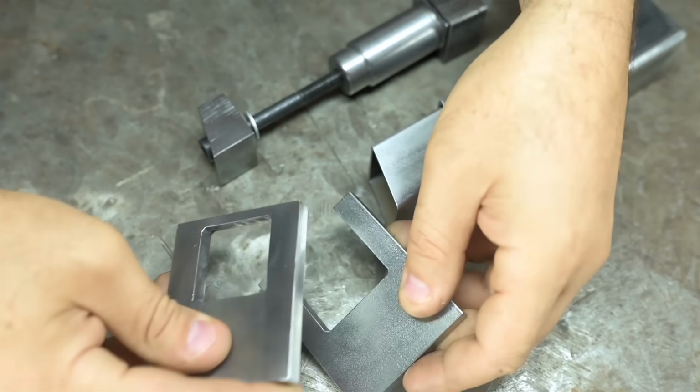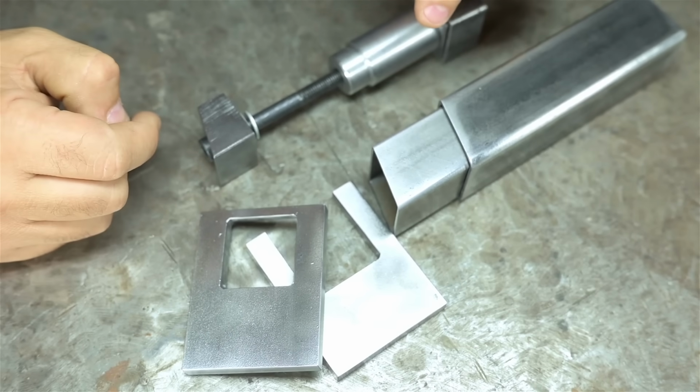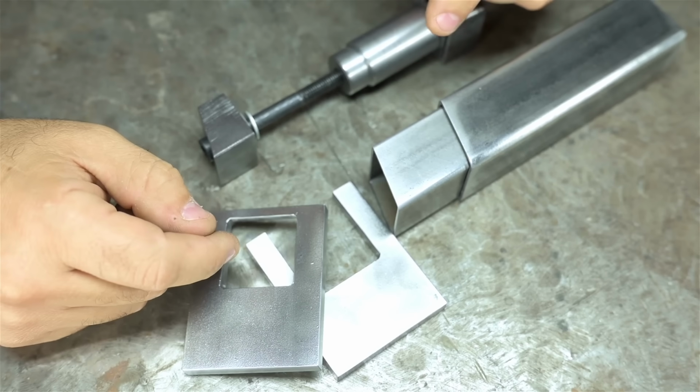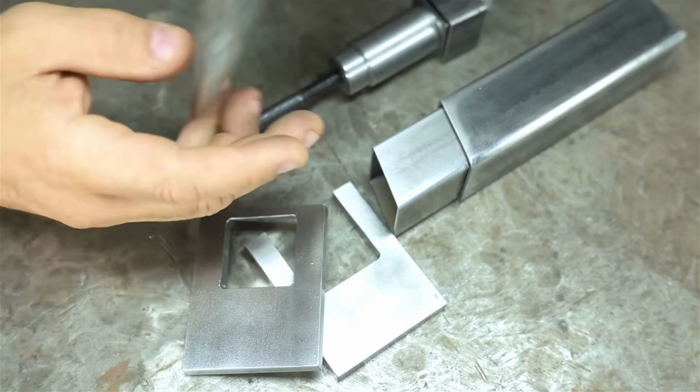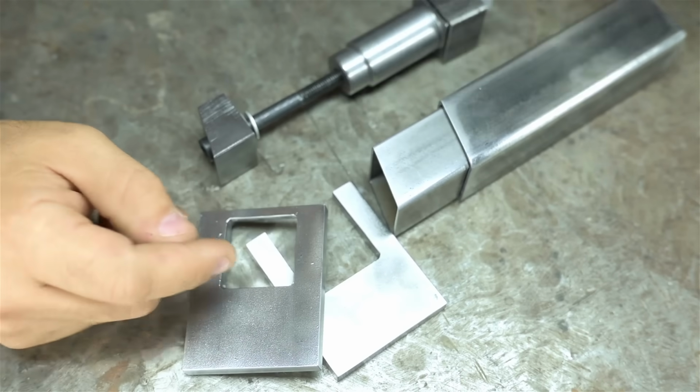To prep for welding, I gave all of the parts a stern and firm wire brushing. These almost look like cold rolled steel, don't they? Of course, when you do stuff like that, be sure to save your mill scale. You'll never know when you might need it. Now it's just time to...